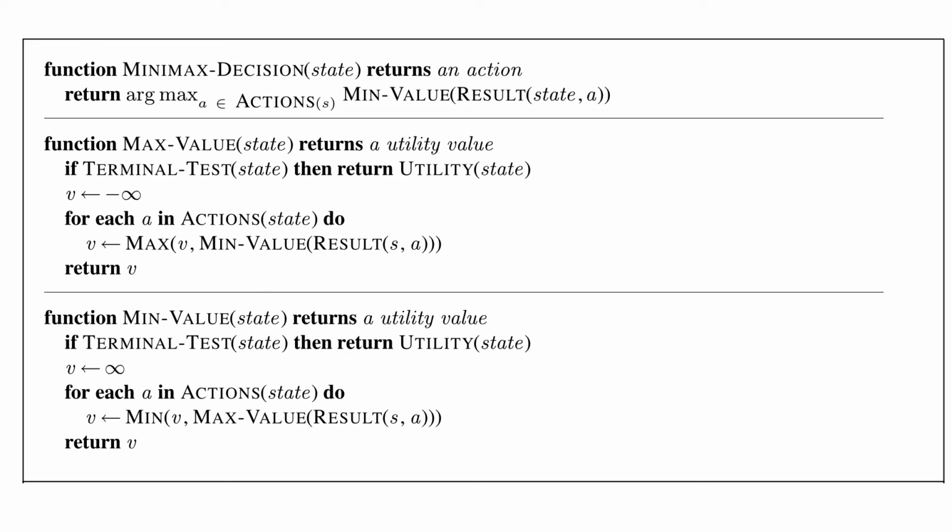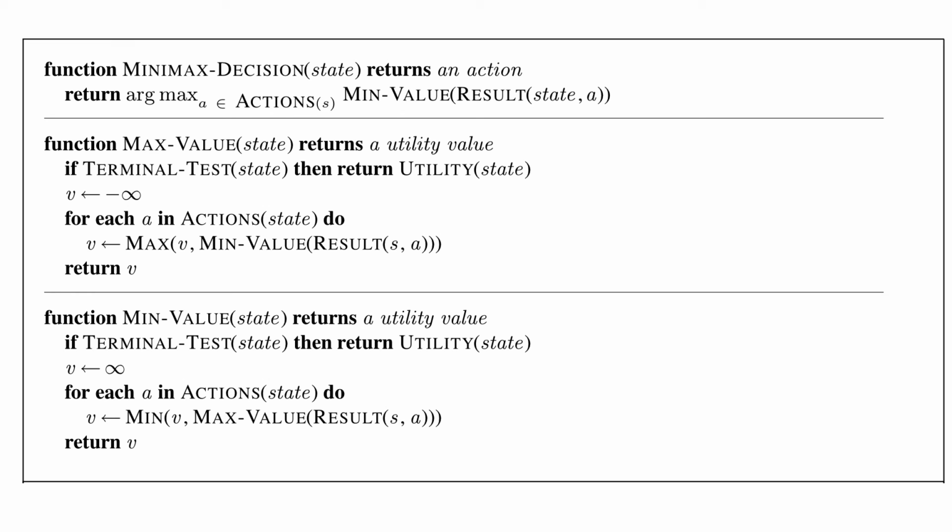Okay, and you can see how it works, right? It starts at the top level. It just activates the helper functions for all of the possible actions from the current state, and it assumes that we're going to always be playing as the min player. Oh, excuse me, as the max player. We're always playing as the max player. So we call all the min value methods on the resulting states from all of our current actions,